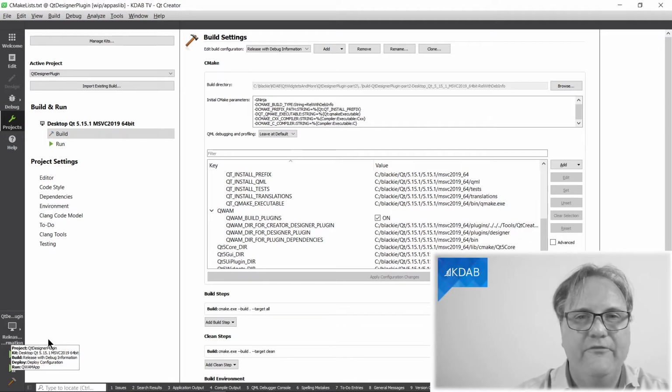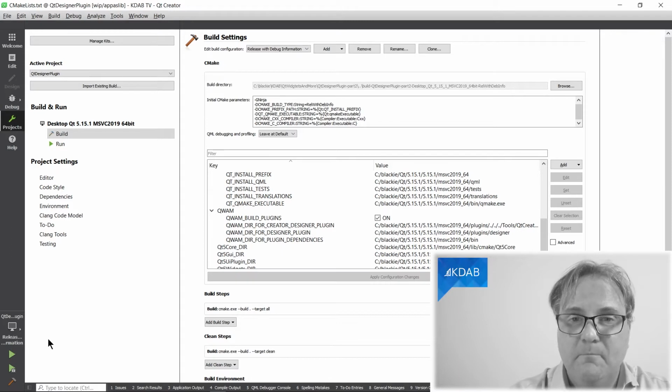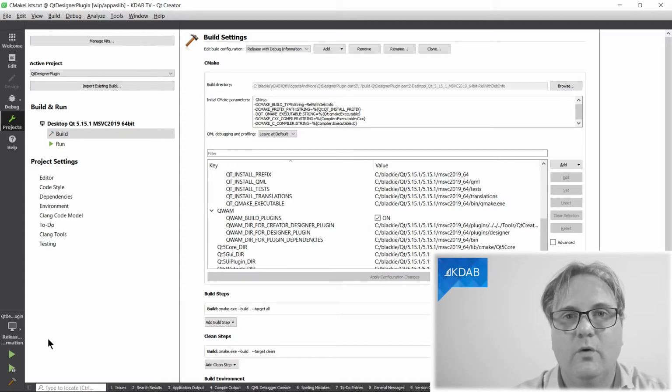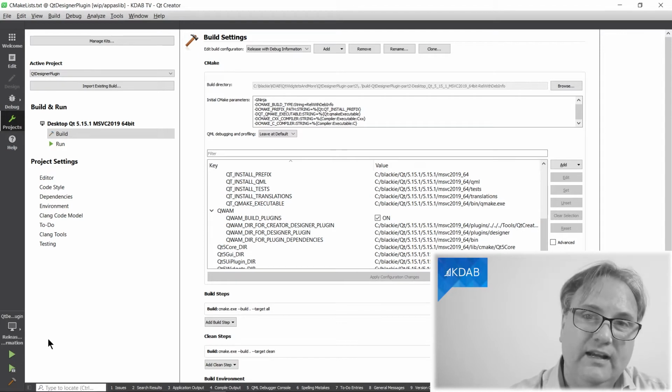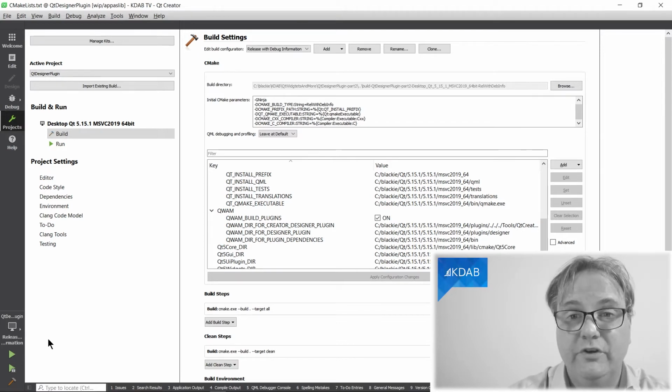Because here is the first learning of all of this. The designer plugins are loaded into the same memory space, into the same process space as your Qt Creator. Which means that if you are developing your application in Qt Creator and you're using the plugins that you created here, you can actually get into the situation where your plugin crashes and therefore takes down all of Qt Creator. And I guess you do not want to start debugging the whole Qt Creator, so at least having debugging symbols on it is worthwhile.